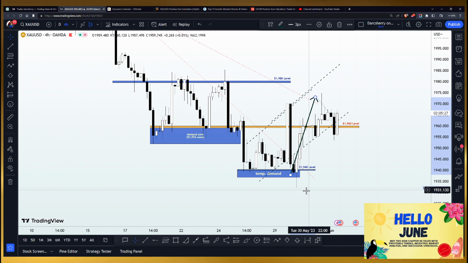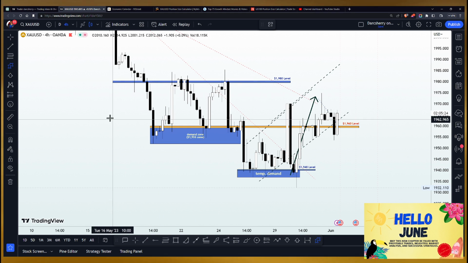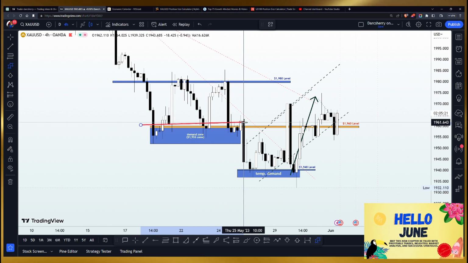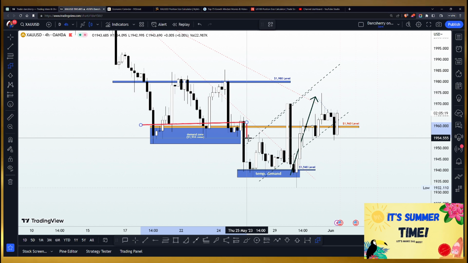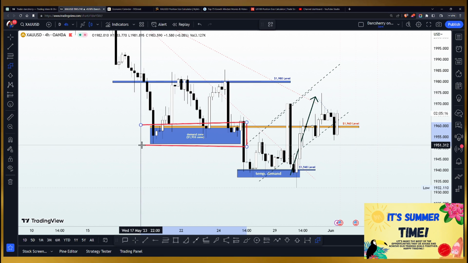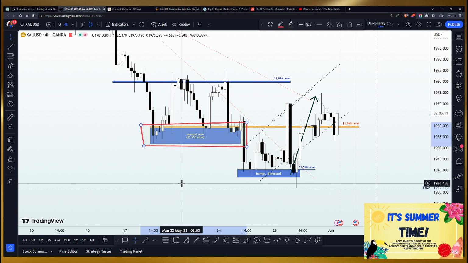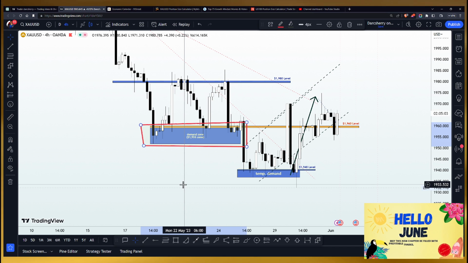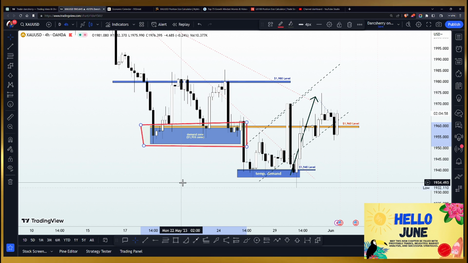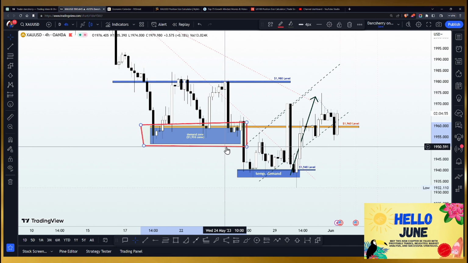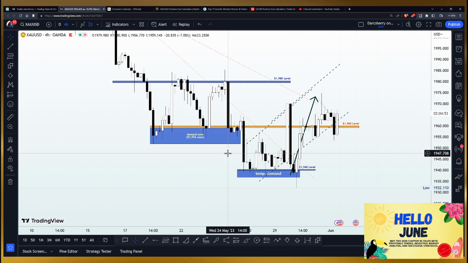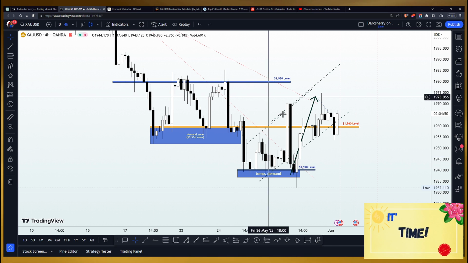And one of the reasons why we said we will feel comfortable in price breaking above the 1,960 is simply because of this area, which during the third week of the month of May served as a very strong demand zone, and we shall consider the level above that as buyers' territory. And if price action comes back above that area and we continue to see buy pressure above that level, then we have no other choice than to look out for buying opportunities above that point. So I wanted to show you how important the 1,960 is. That's why I had to scale up into the 4 hours time frame.